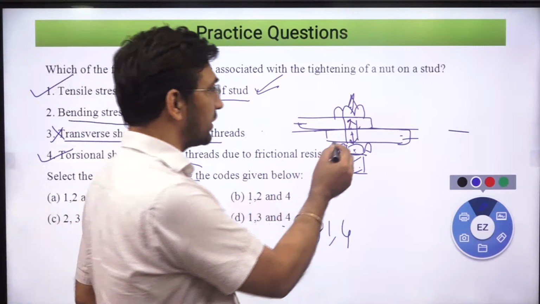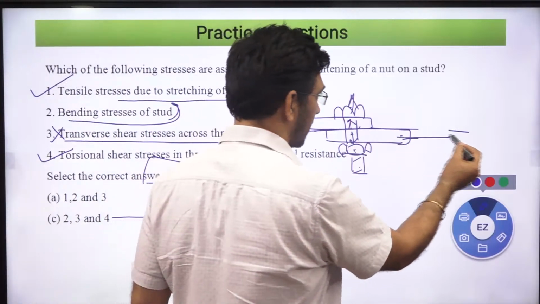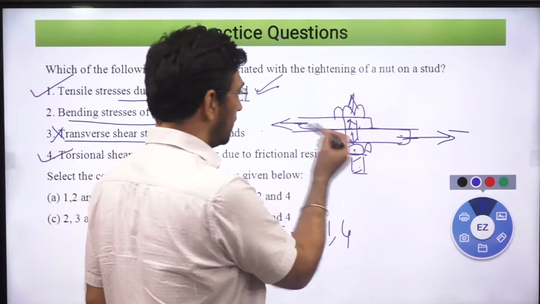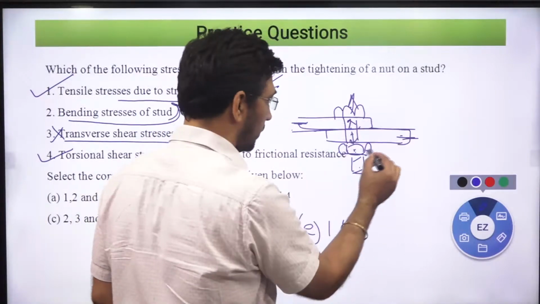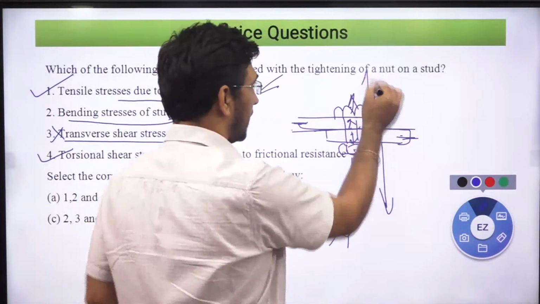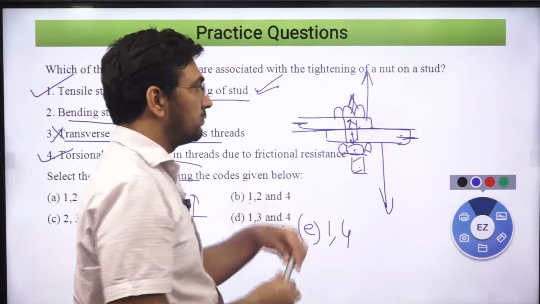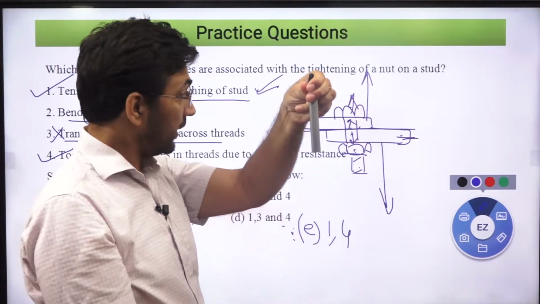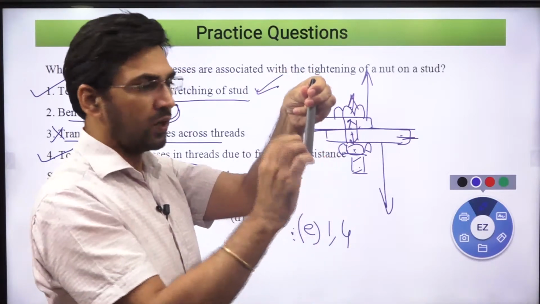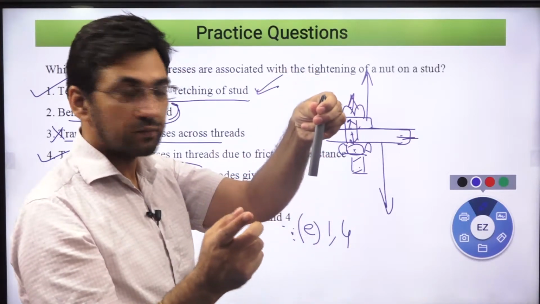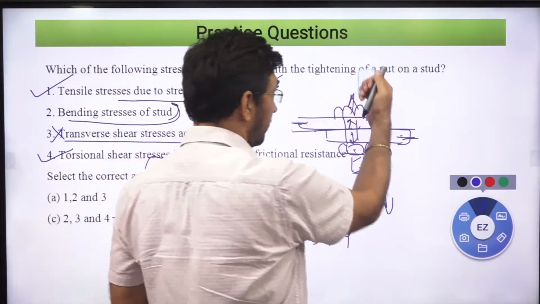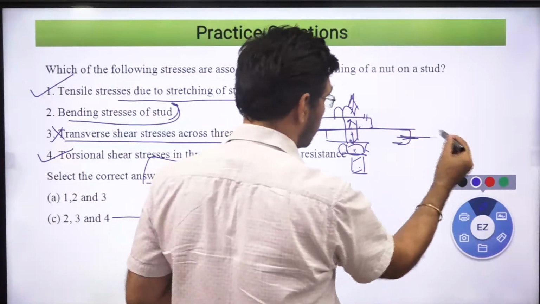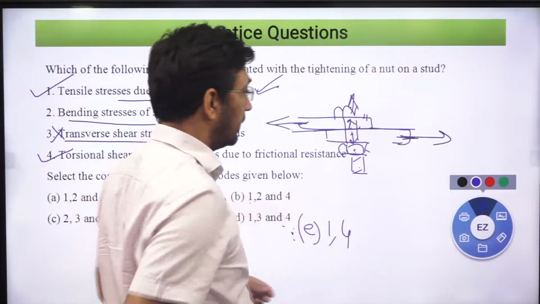Now if I apply external load this way, then, sorry, पहले यही explain कर रहा हूं जो, if I apply load this way, I'm trying to pull it, then this shear is going to be there, and tension is going to be there, and obviously compression between the threads is going to be there. But if I apply this load, then